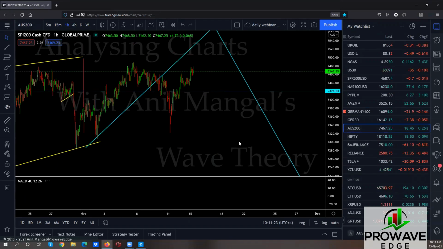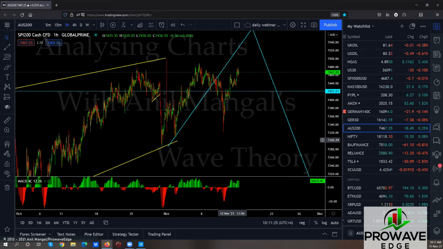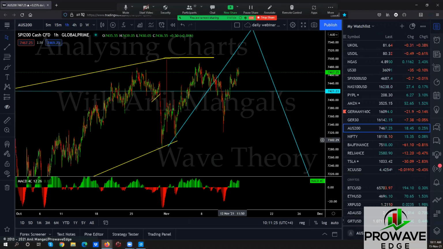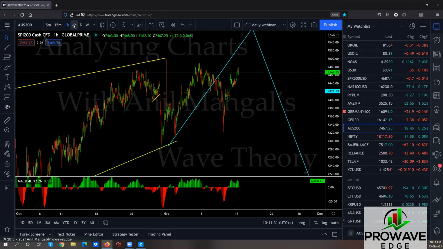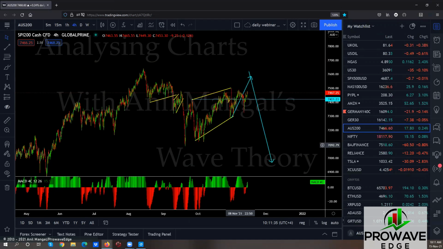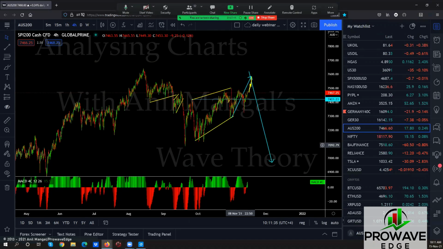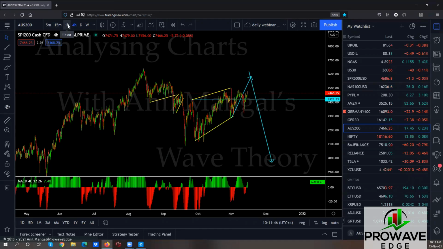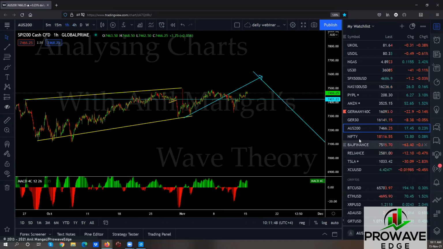AU 200, buy setup. This would probably take you back to break these stops. So probably somewhere there, and then we'd look for downside. Once you get to that level in the big picture, it probably could be downside. You see this whole big structure? We already figured this could come here, but if it comes here, all of this becomes a correction for one more down. So there's a buy setup short term today, and then after that, we'll see what happens.